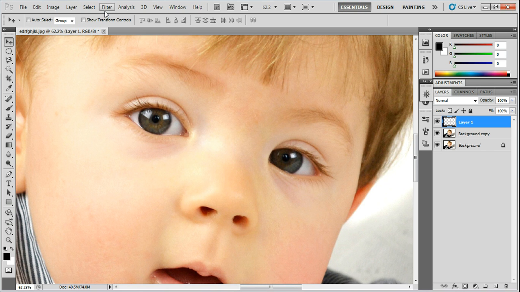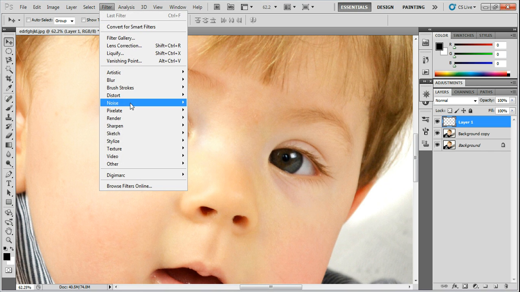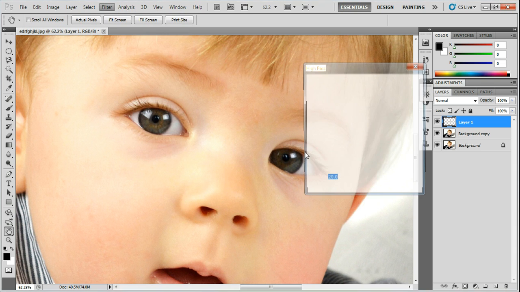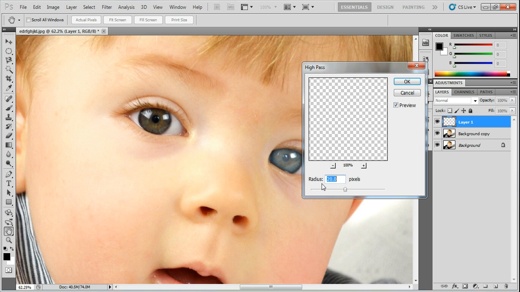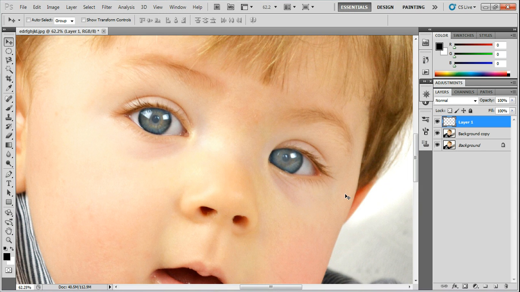So now we're going to go to Filter, Other, High Pass. And normally I go for 20 because it gives it the right balance. But you can still play around with whatever you like, but normally I go for 20. So press OK, and you get this white sort of eyes, which looks a bit ridiculous. But if you go up to this option up here, it says normal where the layers are. It's the blending